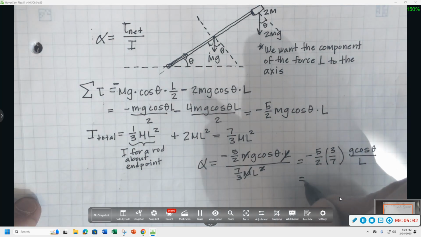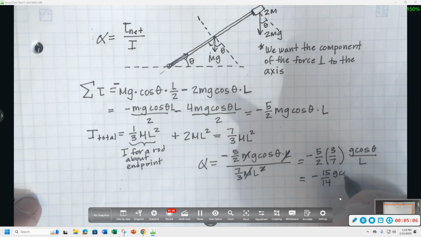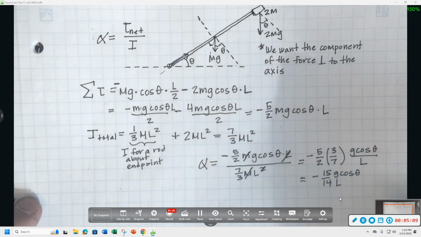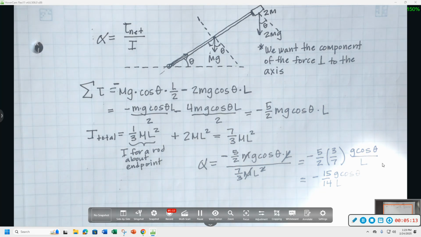So we're ending up with 15 over 14. We got 15 g cosine theta on the top, and on the bottom, we got 14L. This is our angular acceleration, and we did it. We got it within the